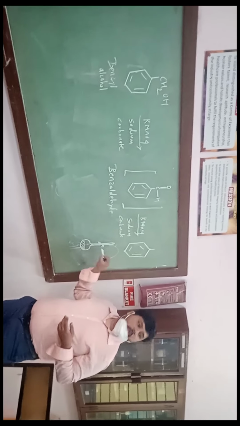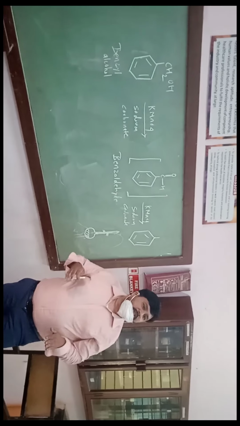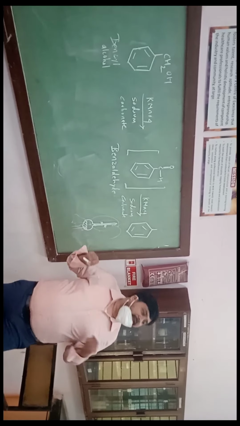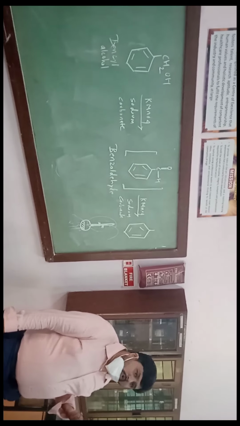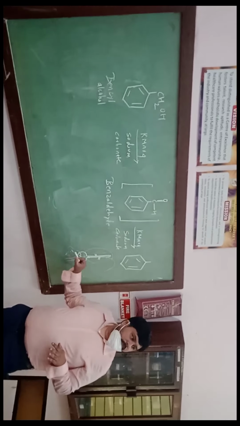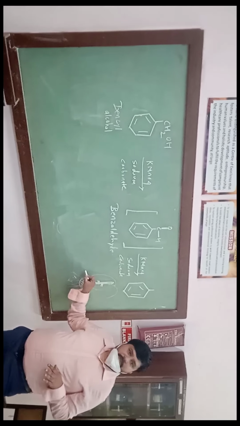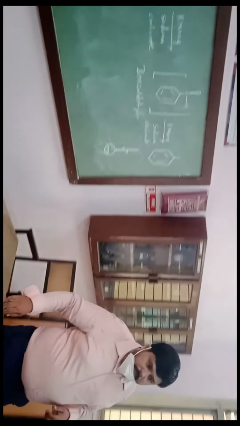When you heat directly, what will happen? Your solvent will evaporate. If you heat to 100 degrees, the water will start boiling and vaporize. Once it goes beyond 100, you will be left behind with the solid. But in this technique, we are circulating cold water, so whatever water is boiling, it will condense back in the system. That is called refluxing, where your solvent remains in the system without evaporation. So that is called reflux condensation. Is that clear to all of you? That's the reason we are circulating cold water, so that your solvent remains in the reaction mixture, the reaction takes place, and you end up with a product.